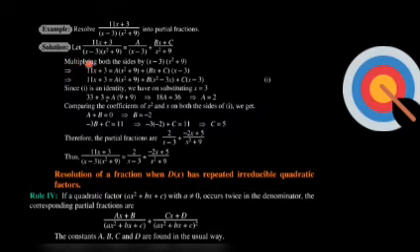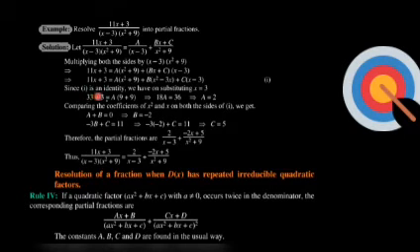Rest is the same, multiplying both sides by the denominator x minus 3 and x square plus 9. So on the left side we have 11x plus 3, and on the right side we have A into x square plus 9 plus bx plus c into x minus 3. X minus 3 gets cancelled out with x minus 3, and x square plus 9 is left with A. Similarly, x square plus 9 gets cancelled out with x square plus 9, and x minus 3 is left. Therefore, we have 11x plus 3 is equal to A into x square plus 9 plus b into x square minus 3x plus c into x minus 3.